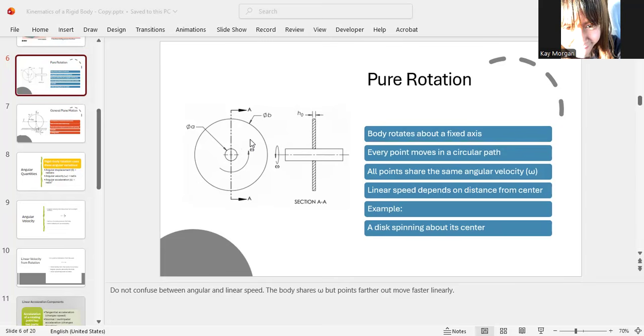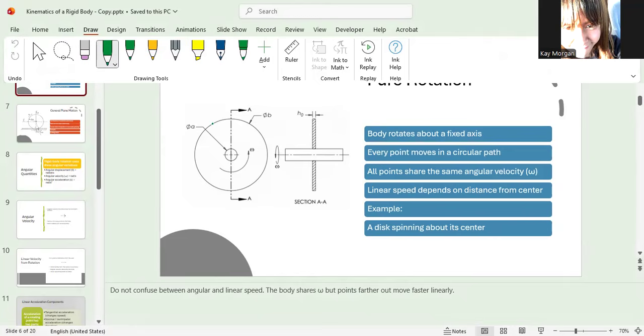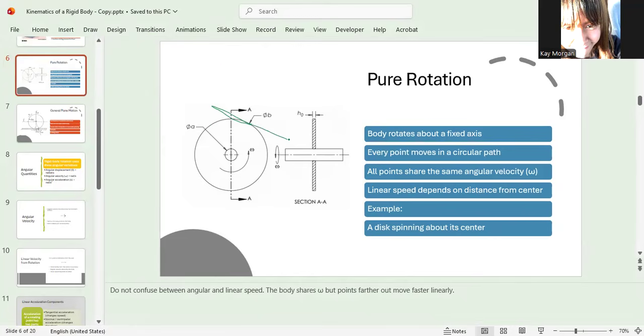One is linear because we draw a tangential line, and there can be a tangential line. Every time there is a tangent line, we believe that it is going in a straight line. Even though we draw the tangent line right across there, one point is sharing the circular path, and then of course a tangential path. So I want my pen here so I can draw like that. So we see like this, a straight line.